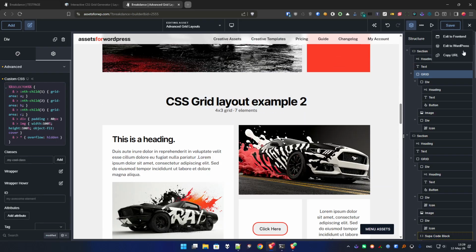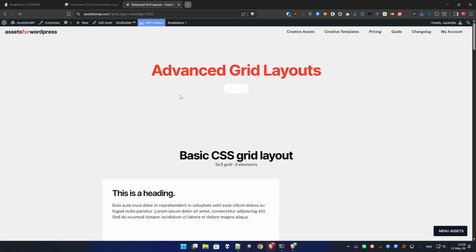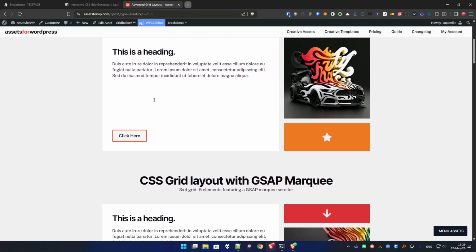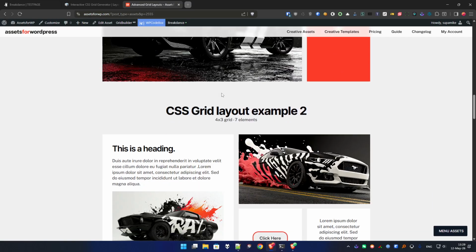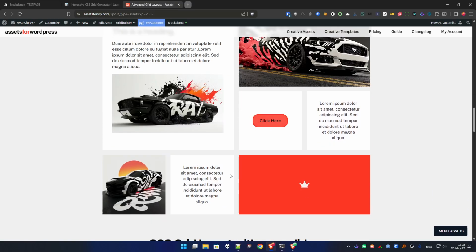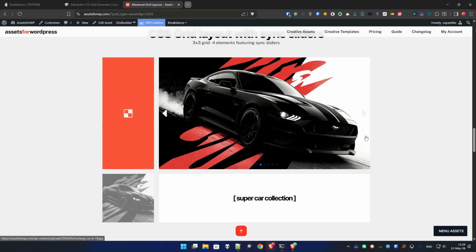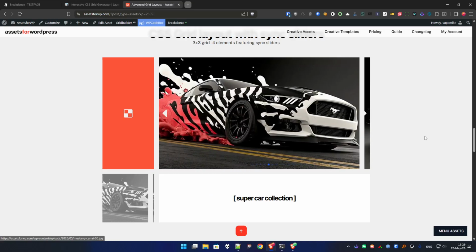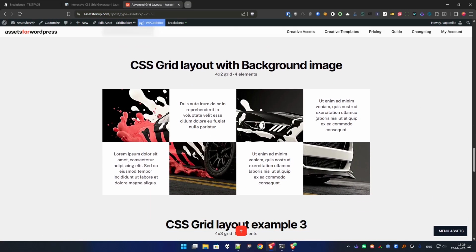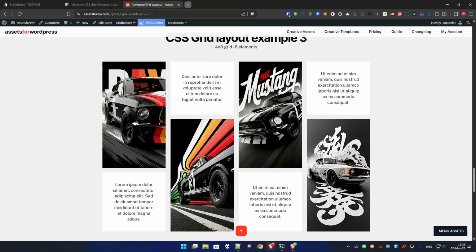If I check in the front end, so you can see all are CSS grid. Very easy to build here with some synchronized slider. Here's a grid with a background image, and of course